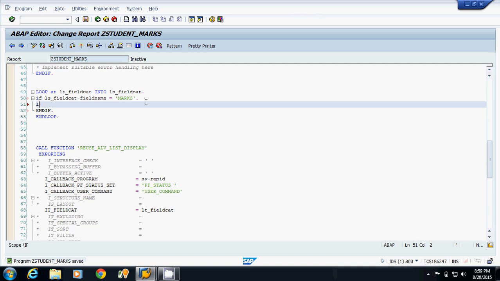In that case, our input parameter is equal to X. We are making the input field editable.